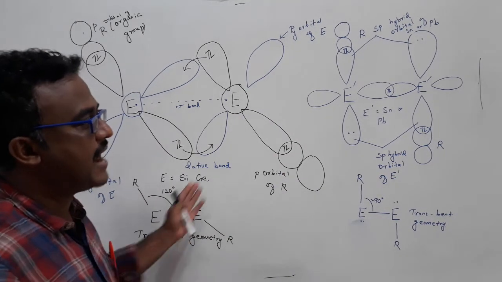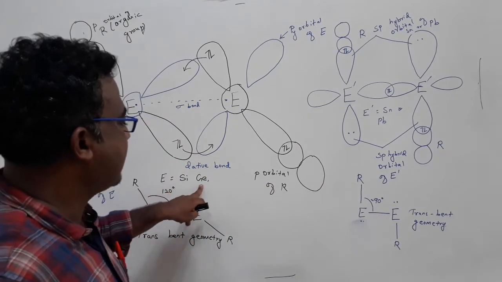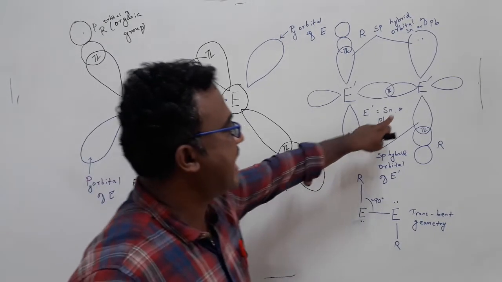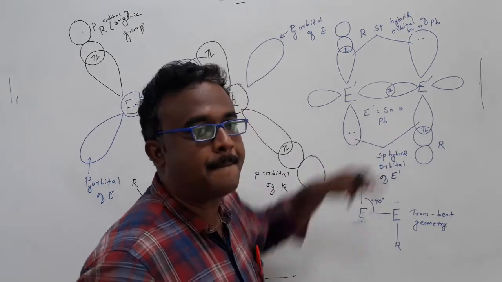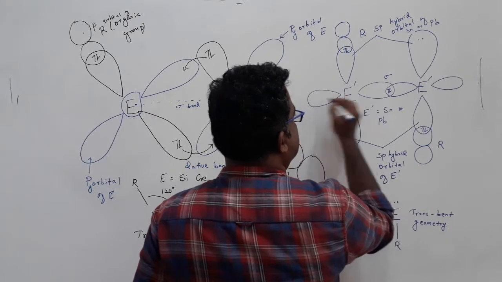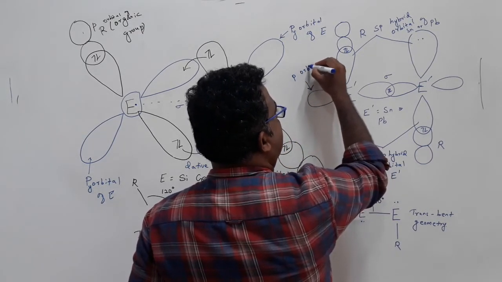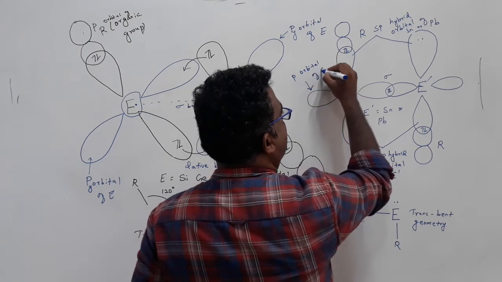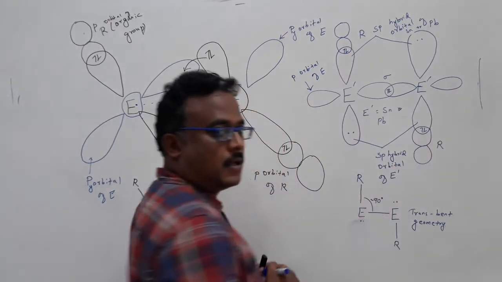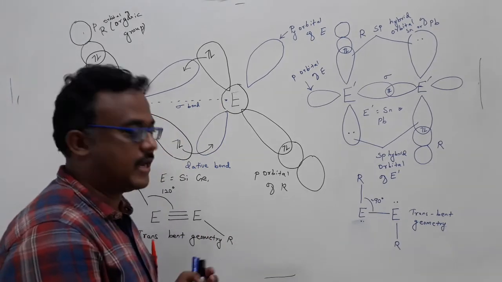So we have to understand the structural difference between the disilyne and the digermyne derivative with the distannyne and the diplumbyne derivative. It's a kind of sigma bond that is forming, and this one is a p orbital of E, p orbital of E, and this one also a p orbital of E. Okay. And let me compare the bond order.